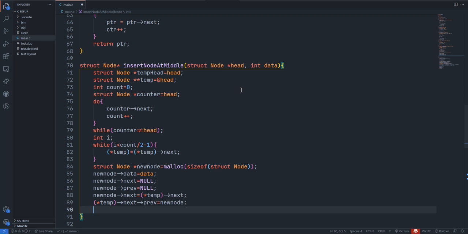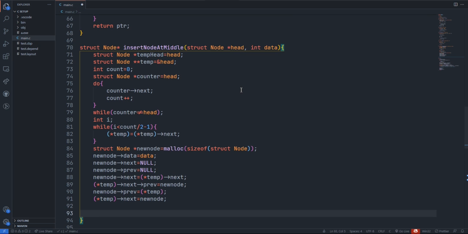So it's time to do some operation like new node arrow previous equal to temp, and temp arrow next equal to new node. So if we do all the operation, finally we just need to return the temp header. So if we do that, it should work fine.